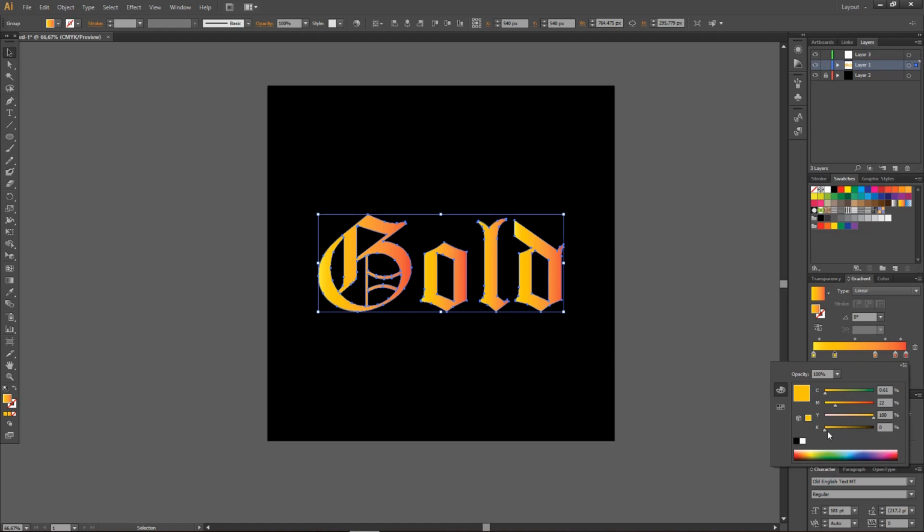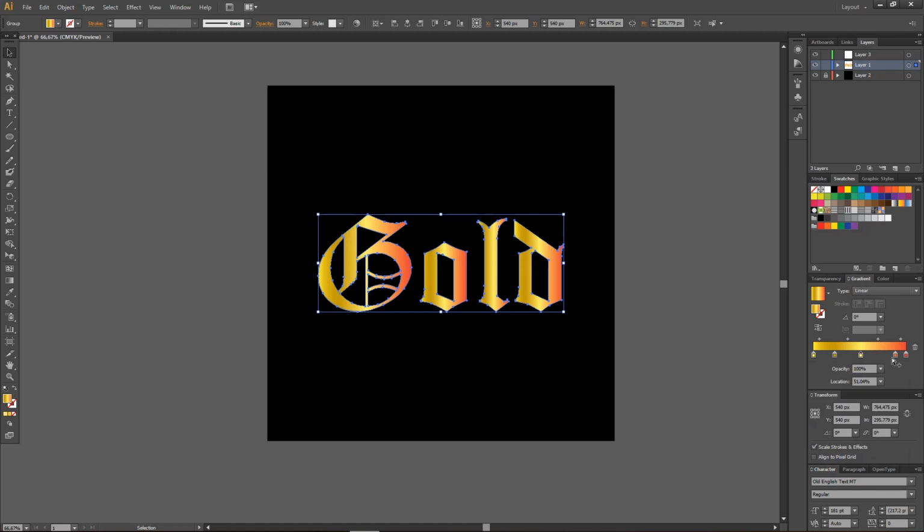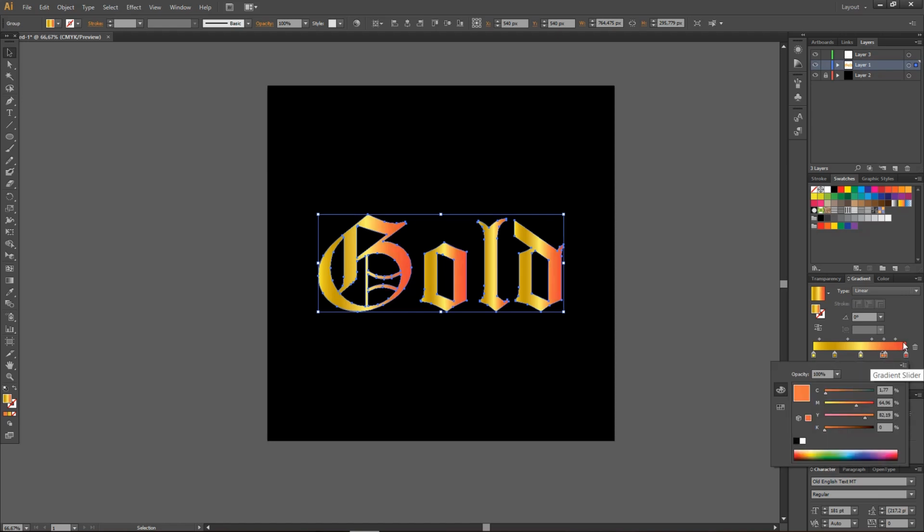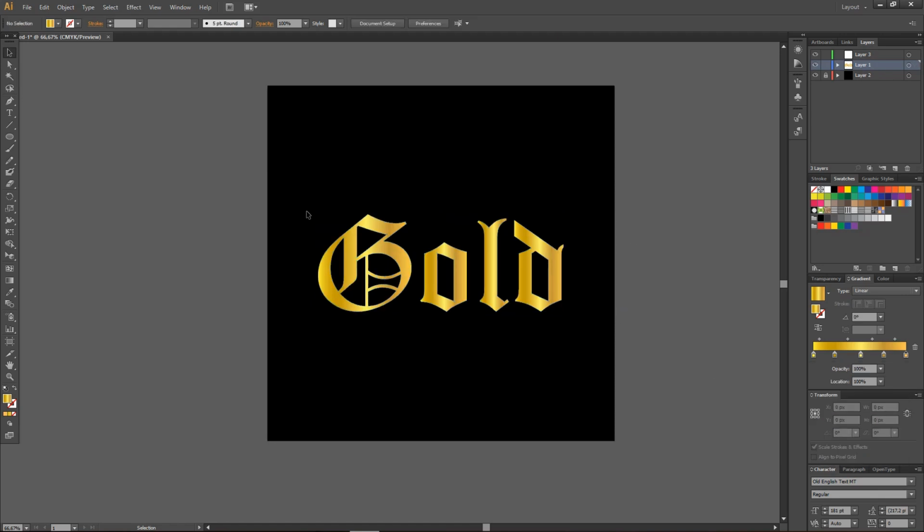So I'm just going to click on this and just sort of click on these tan colors and go back to the yellow colors again, make it brighter, and just alternate between the tan color and the yellow color, sorry. And for this one, I'm just going to go to yellow. And as you can see, this already looks like gold. You can also change the angle of the gradient, so this way,